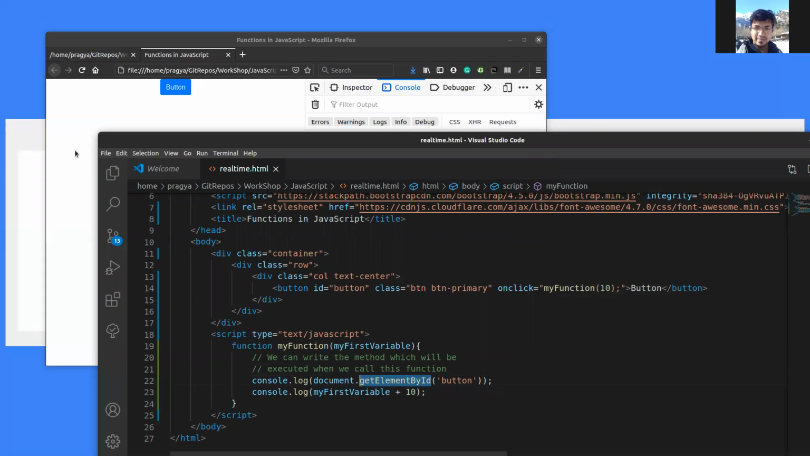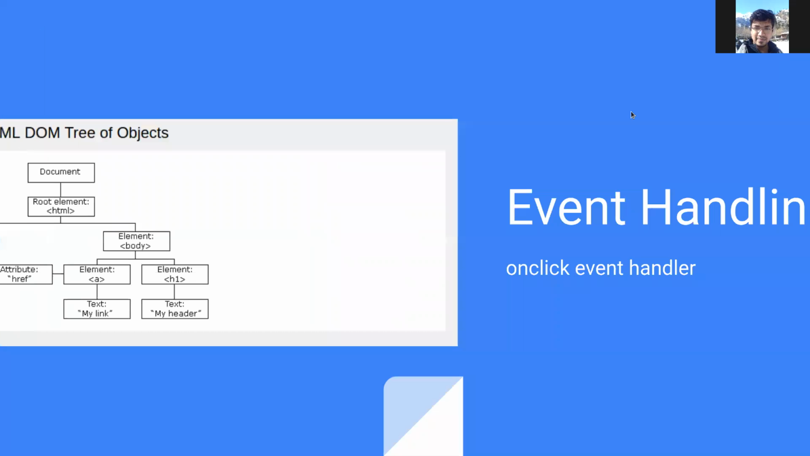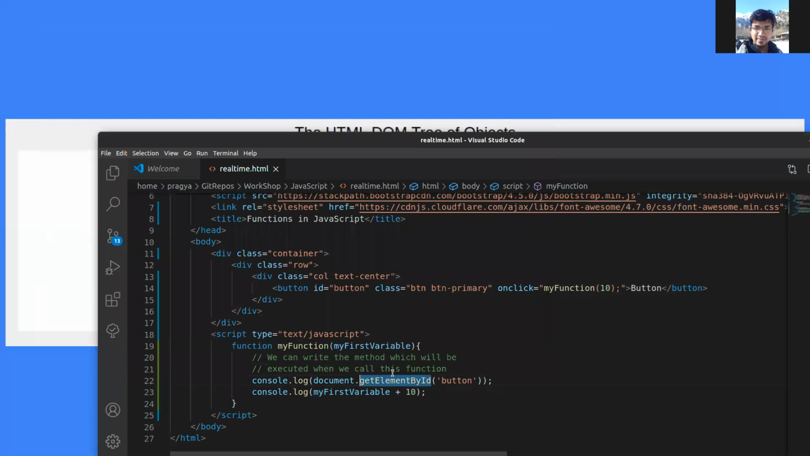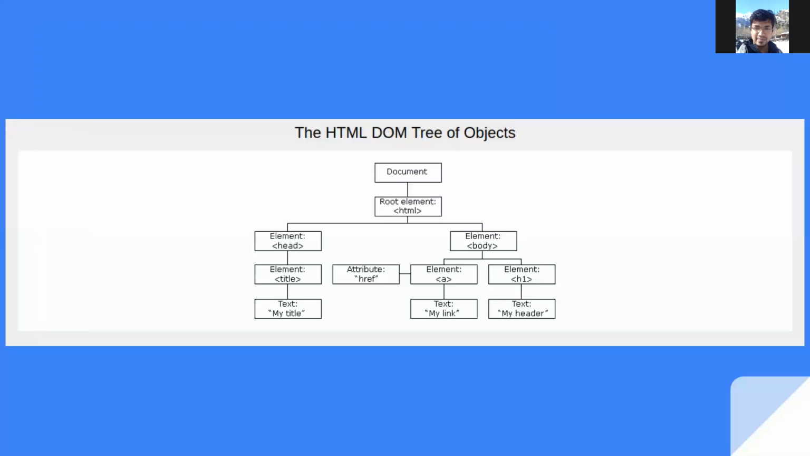So let's actually go back once to our presentation. So you can see the document is at the top. So whichever element is present in the HTML would be inside the document. Hence we can do document.getElementById and find the button inside the document. Next,